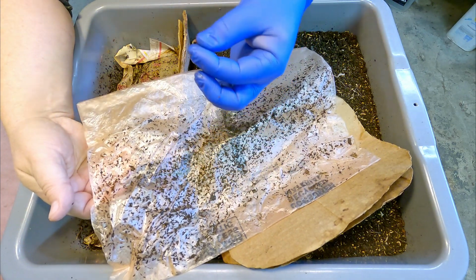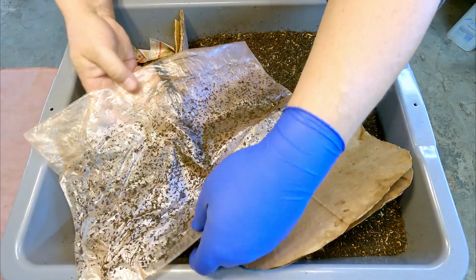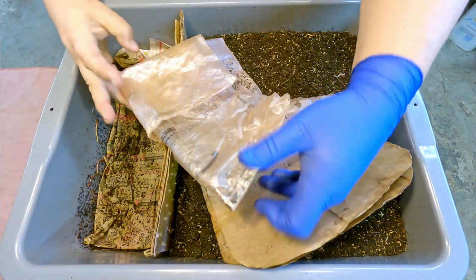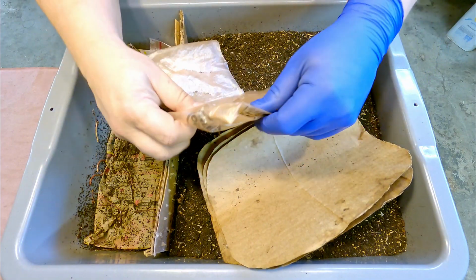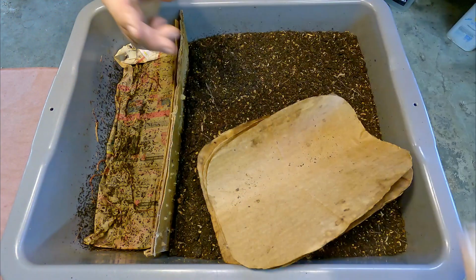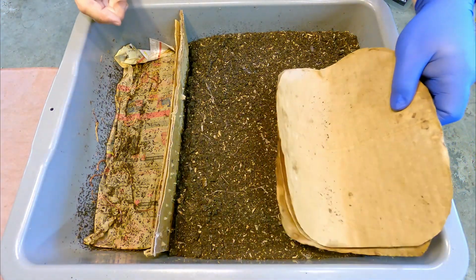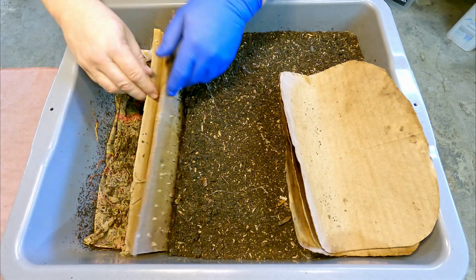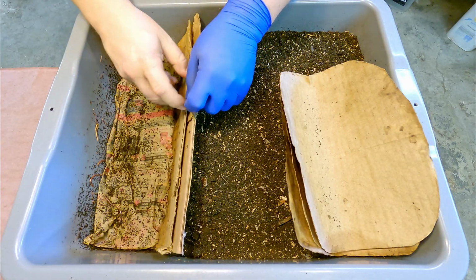Let me just finish evacuating the worms from this plastic. But since my best guess is that this plastic's just going to go back to covering the horizontal migration feeding zone when we're done here, I'm going to fold this in half so the space in between the two sheets remains nice and damp. Any little worms I missed are just going to stay there and remain cozy and comfortable